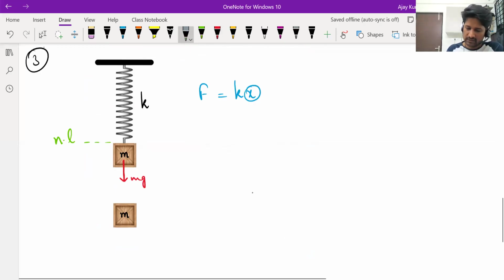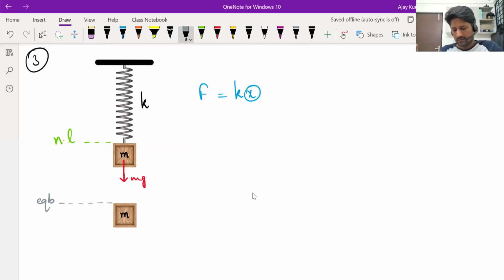Let's assume this is the equilibrium level. So initially, when we released it, only mg was acting. Later, spring force and mg will both act, but mg will be the stronger force. So there will be a net force acting on the box like this. And when it comes to the equilibrium position, the net force becomes 0. Till then, a net force would have acted on it, which is the resultant of mg and spring force. So by the time it reaches this position,